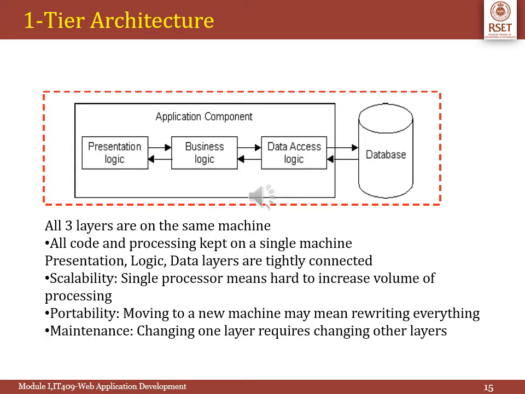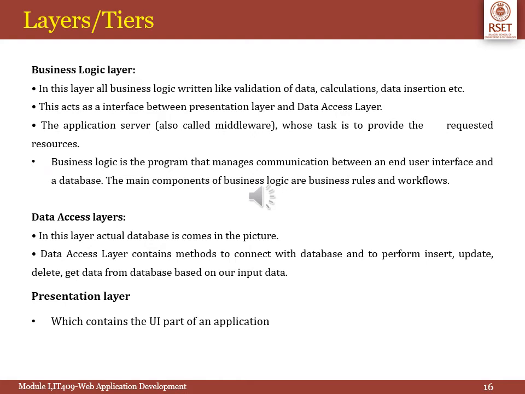The main disadvantage of a single tier architecture is its scalability, portability, and maintenance. The three different tiers present in any web application are the business logic tier, which manages the communication between a user interface and the databases, the data access tier, which contains a method to connect with the databases and fetch, insert, update, and delete from and to the database, and the presentation tier, which contains the UI